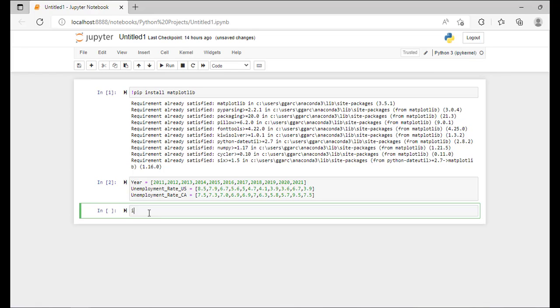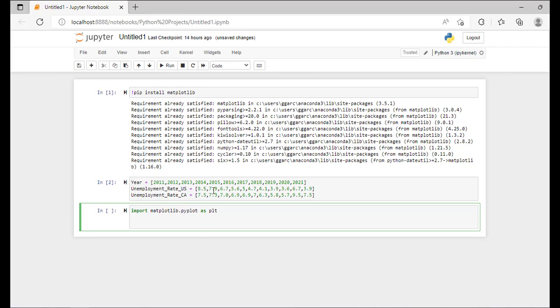What we're going to do is import the matplotlib package as pyplot as plt. Basically, I'm just using this to say, okay, let's use matplotlib as plt, so that way I don't have to write matplotlib every time I'm going to be creating the plot. And then the line of code that I'm going to be using is plt.plot,